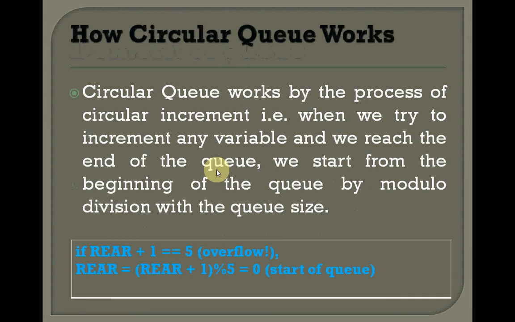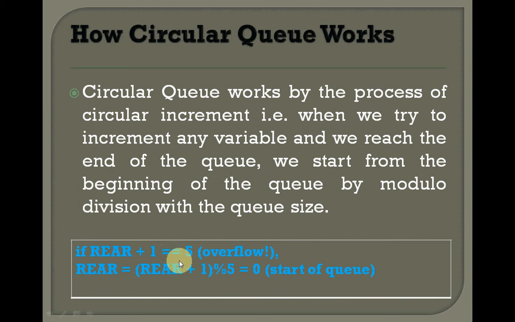How will a circular queue work? A circular queue works by the process of a circular increment. That is, when we try to increment any variable and we reach the end of the queue, we start from the beginning of the queue by modulo division with the queue size. See here, if rear plus 1 is equal to 5, the size of the queue,